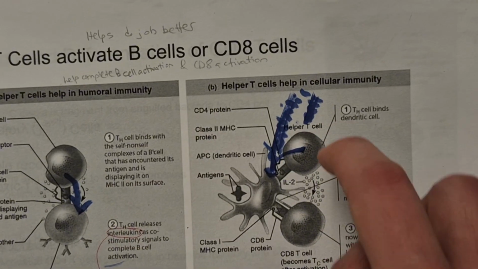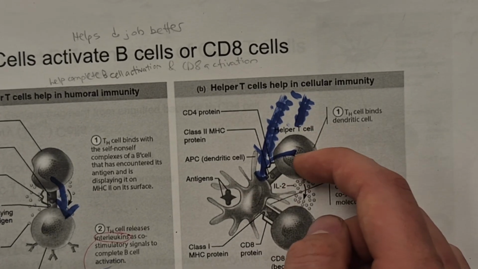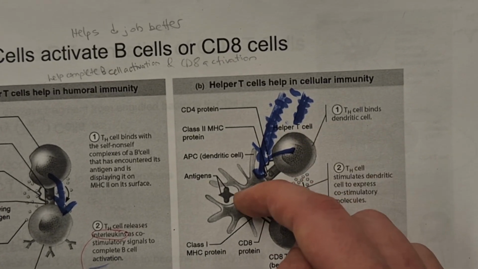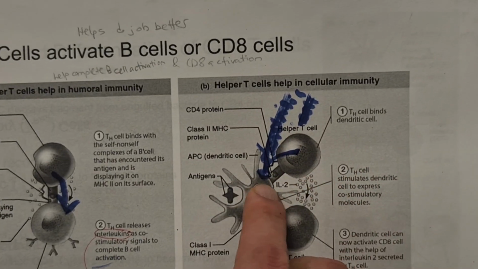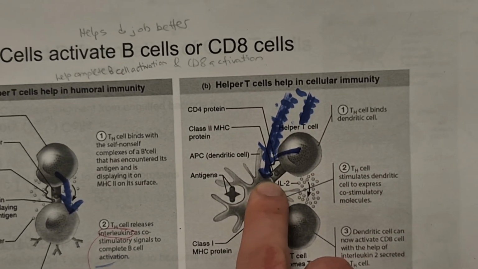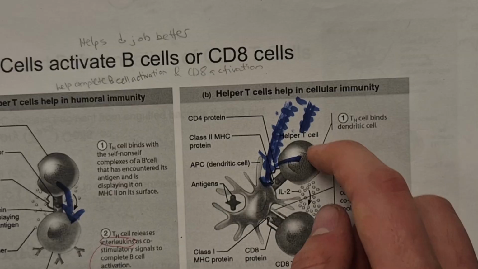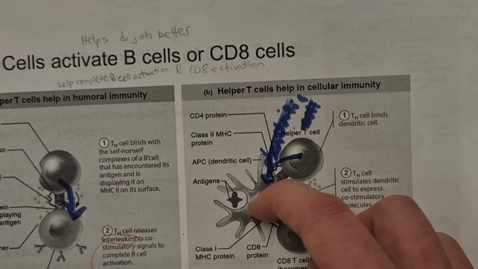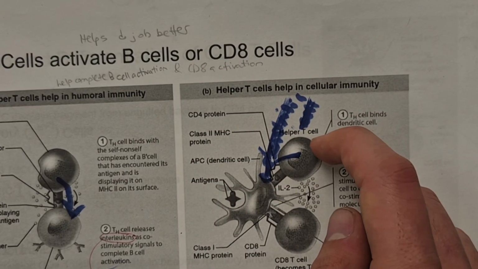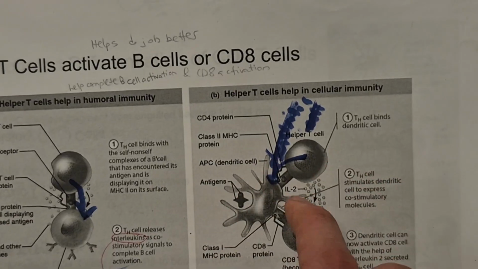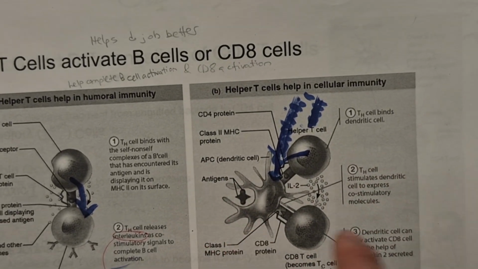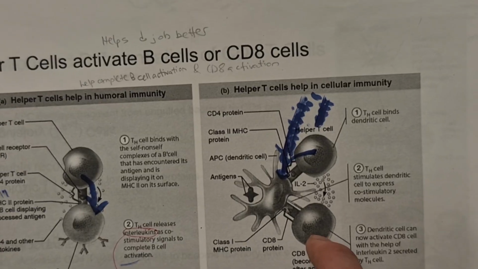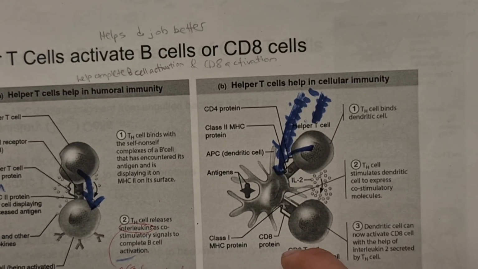So the helper T cell binds to the dendritic cell, and the class 2 MHC protein is located on that dendritic cell. You have the CD4 protein, which is binding to the dendritic cell as well, and helper T helps express the co-stimulatory molecules